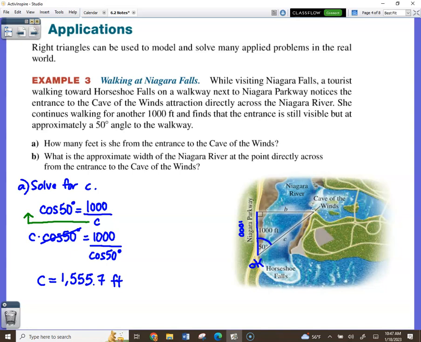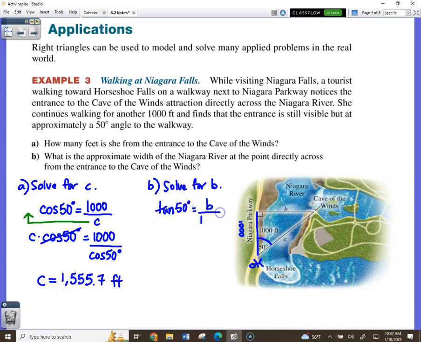What's the approximate width of the Niagara River at the point directly across from the entrance to the Cave of the Winds? I feel like I'm reading a novel. That means find what side? B. So solve for B. All right, which trig function? You want to use the 50 and the 1,000, and now you want B. Tangent, right? Tangent would be opposite and adjacent. So tan 50